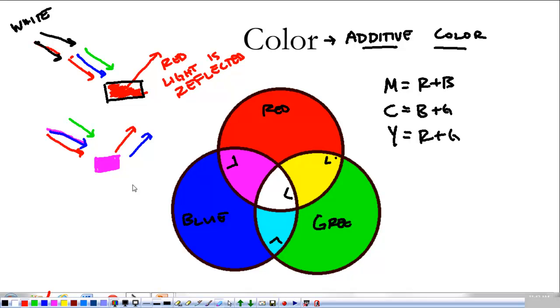White light is absorbed by something, and only certain colors of light are reflected off, are given off. That's how we see color. A green object would absorb everything that's red and blue, and only green would be reflected from it. A yellow object absorbs blue and reflects everything else. A white object would be reflecting all kinds of light. But we would see these things coming off of it. That's how we would perceive color. That's color.